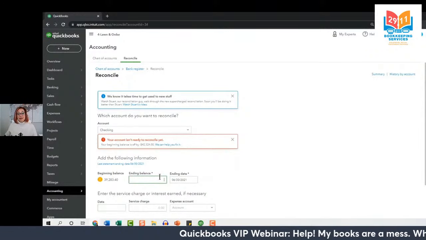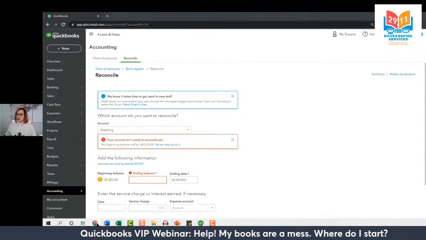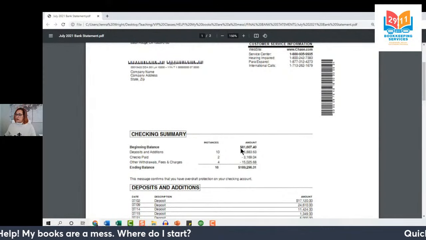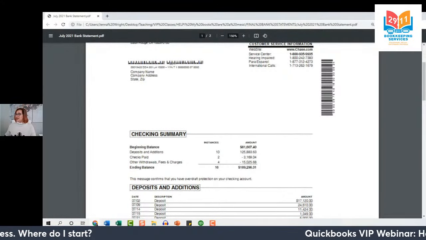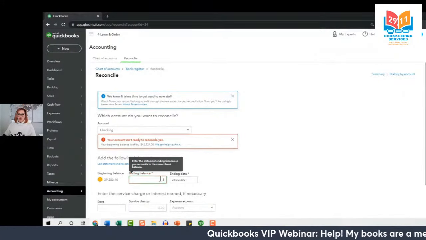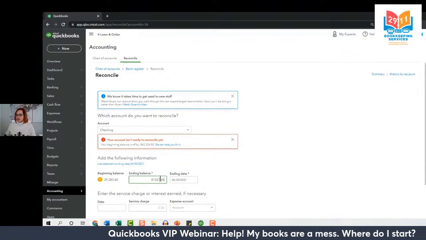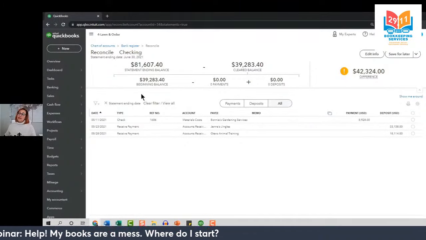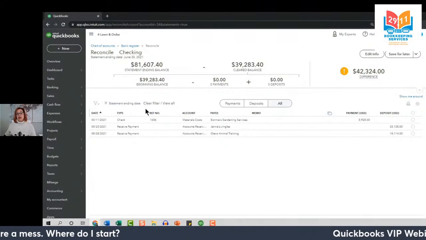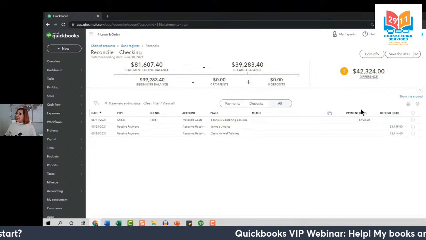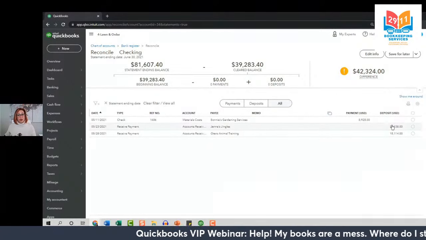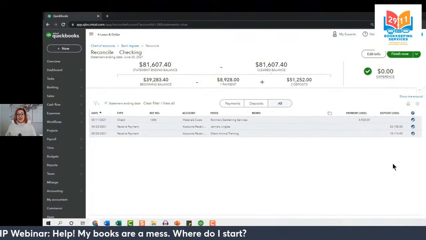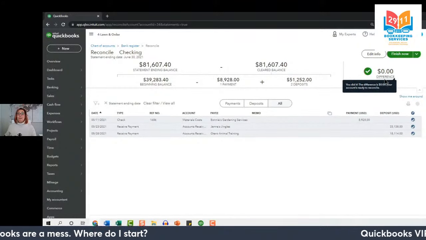And then in the ending balance field, we are going to enter the correct beginning balance according to our statement. This is our goal, to be able to have this number be our beginning balance. So I'm going to select here $81,607.40. I just typed that in to enter it and click Start Reconciling. Now, automatically, you'll notice QuickBooks has that statement ending date filter on, which in this case is fine because here are the 3 transactions we just re-recorded. So all you have to do is go down the line and reconcile them and check it out. That brings our beginning balance back to normal.